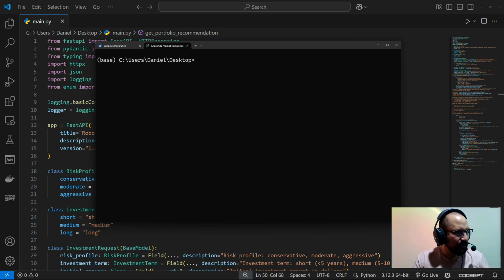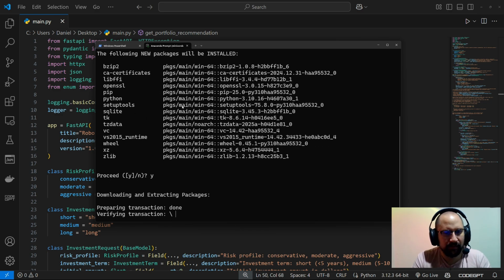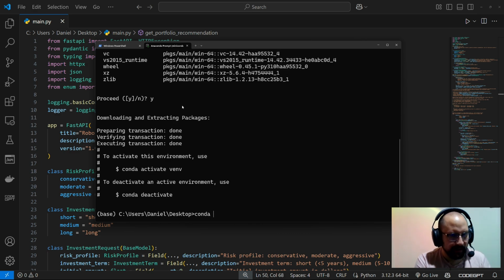Basically, I will use the command conda create. The name will be virtual environment with Python 3.10. Okay, perfect, we got it. So we will activate the virtual environment,